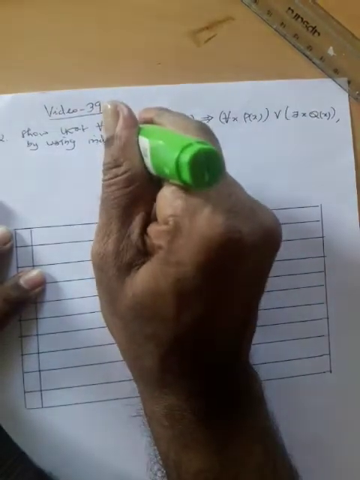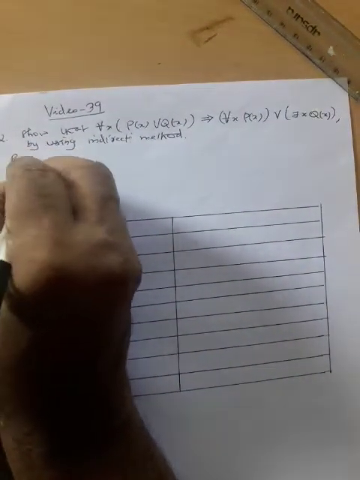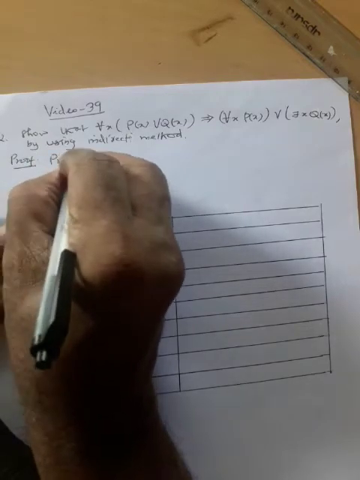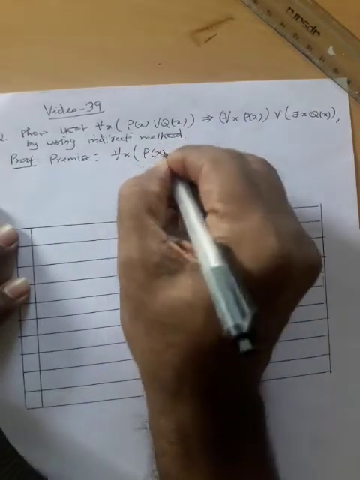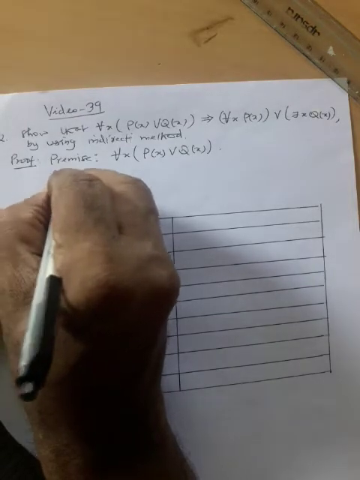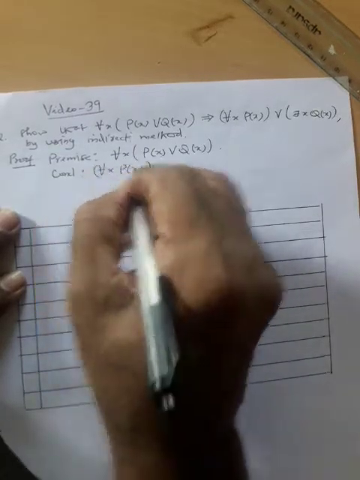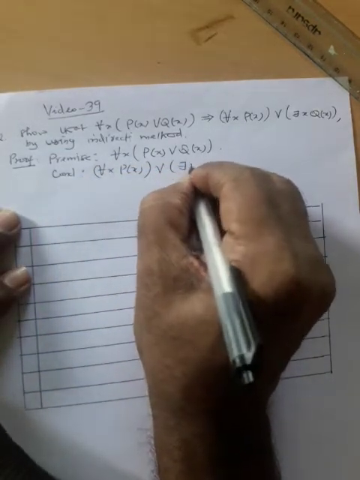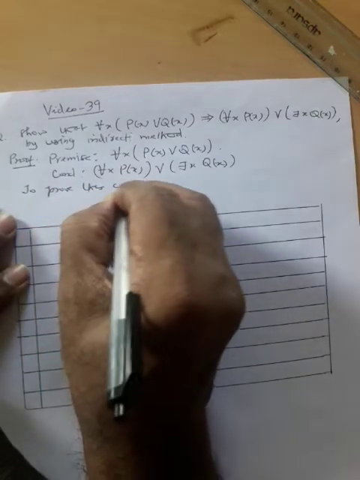Indirect method means you have to assume the contrary of what you want to prove. So, what is the premise? Only for every x, p of x or q of x. This is a premise. So, the conclusion should be for every x, p of x or there exists x, q of x. To prove this conclusion,